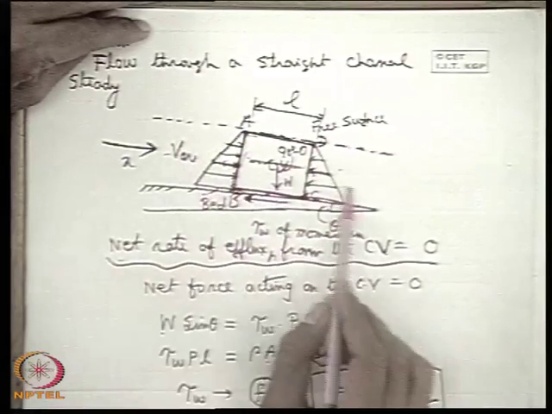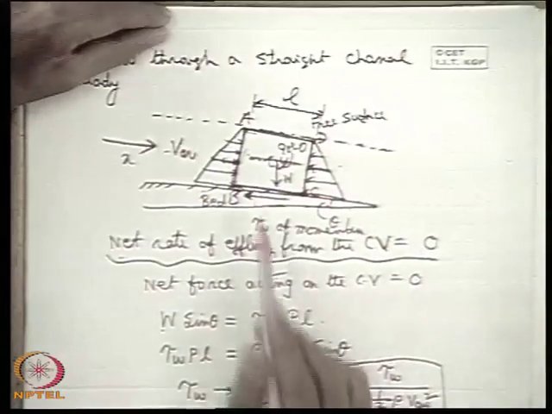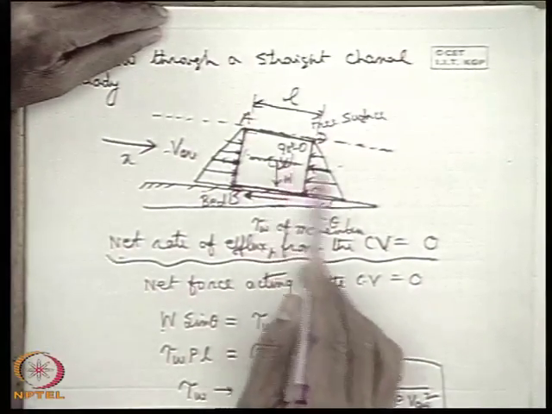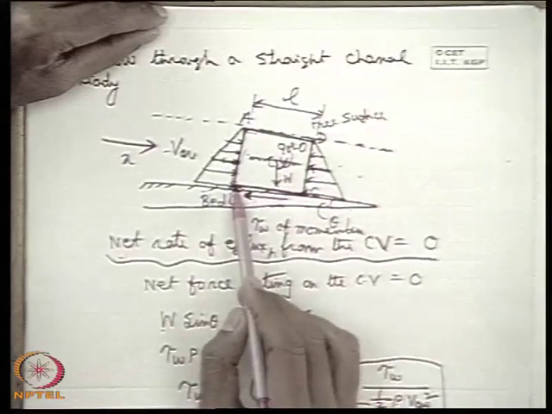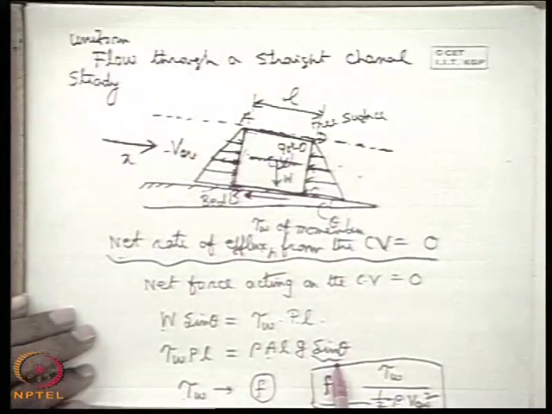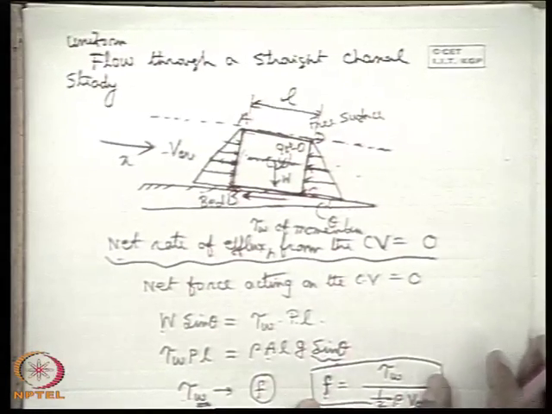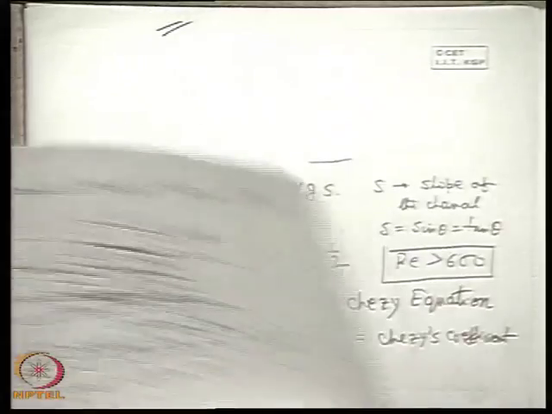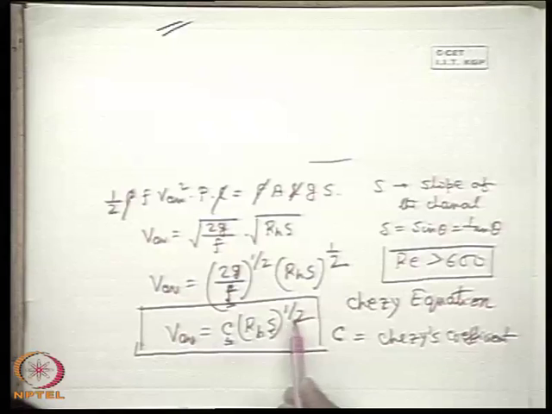And since the flow is uniform, we used the equation that the net force acting in the direction of flow, that means the component of the weight and the frictional forces, is 0. Ultimately, we equated that and found an expression. Before that, the wall shear stress was expressed in terms of the friction coefficient and the average velocity of flow in this manner. And finally, we arrived at the equation V average is C (R_H S) to the power half,